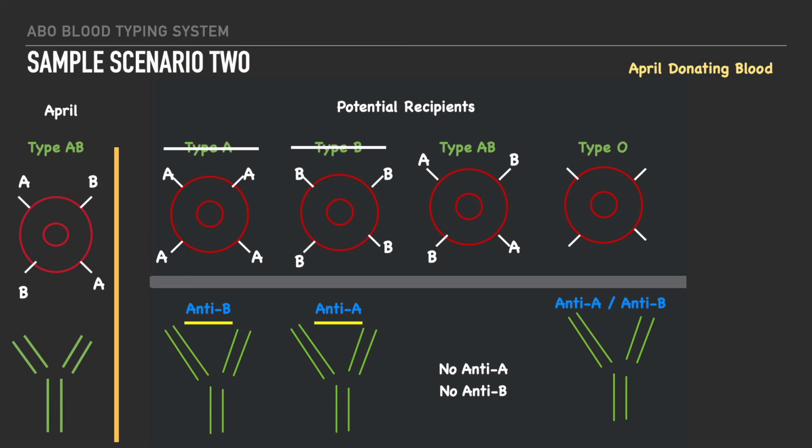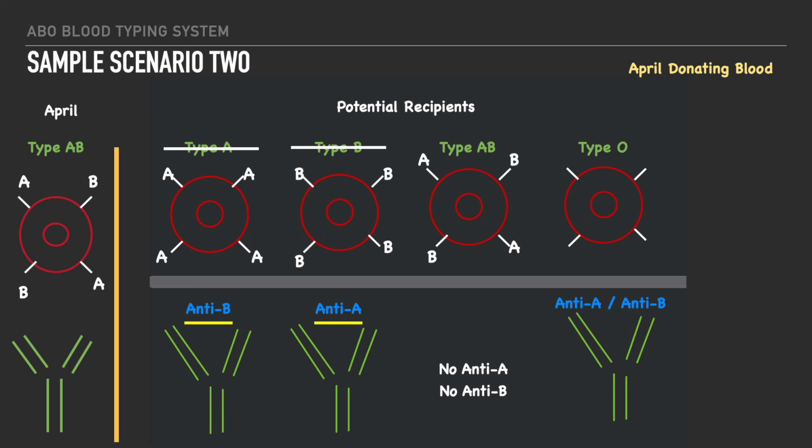blood. We'll notice offhand that this individual has an A antigen on the surface of their red blood cell. And because April doesn't have an antibody that is anti-A, her immune system would accept blood donated by an individual with type A blood. And as we move down to type B blood, we'll notice again that this individual has a B antigen on the surface of their red blood cell. And because April doesn't have an anti-A or anti-B antibody, her immune system would also accept blood donated by this